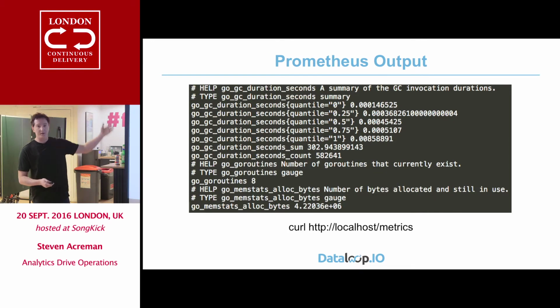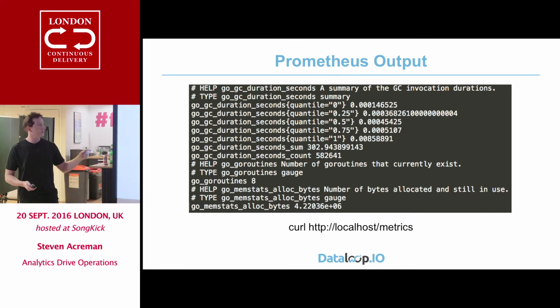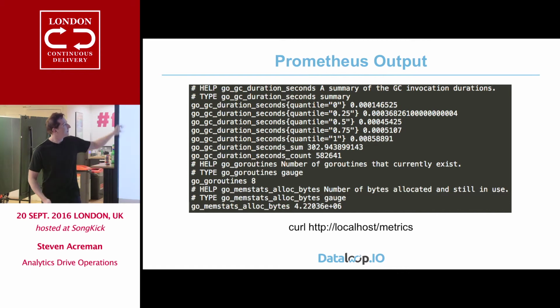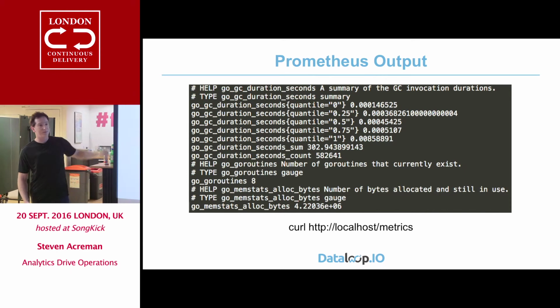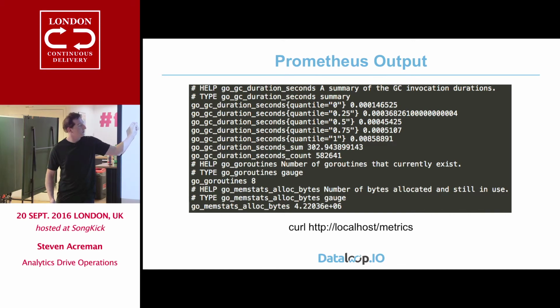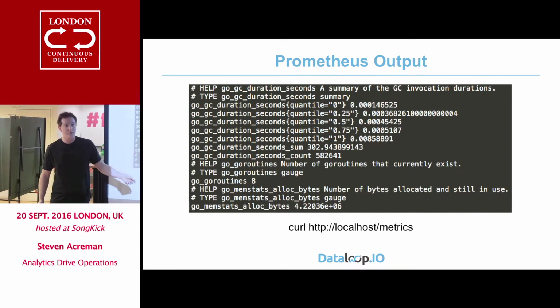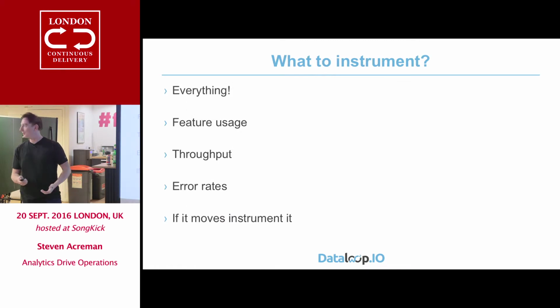And this is the output that it gives you. If you literally curl localhost on whatever port it's on /metrics, it will give you this type of output. They don't actually use this in the spec. This is one of those great ideas that they put in. I've done that a lot, in designs. But all of this stuff is used. So you've got the thing that you're monitoring, you've got the dimension and then the actual value. And because you're scraping, you don't need to include a timestamp. The timestamp is the point at which you scraped. So it's pretty simple.